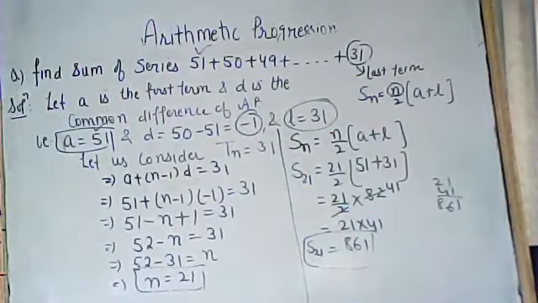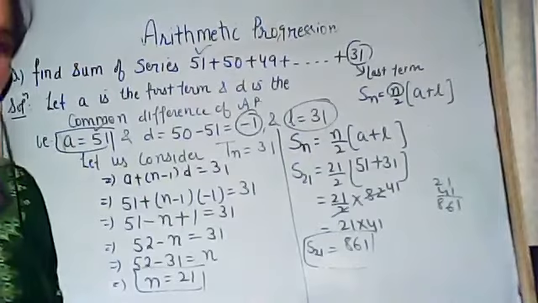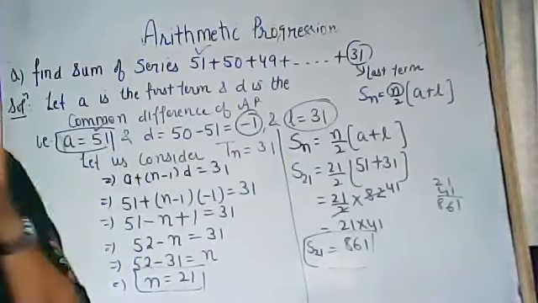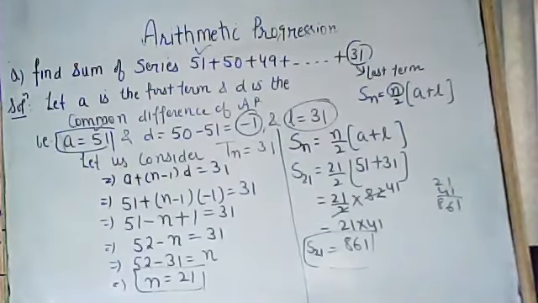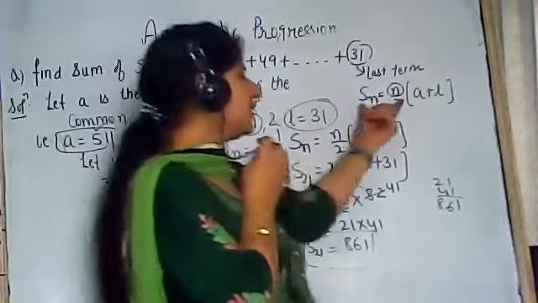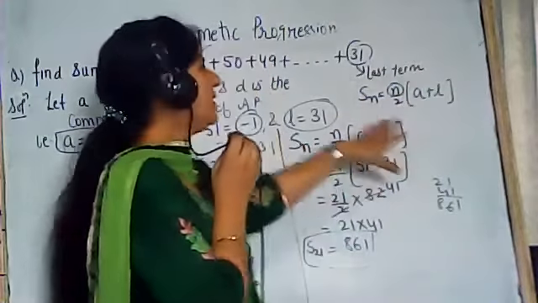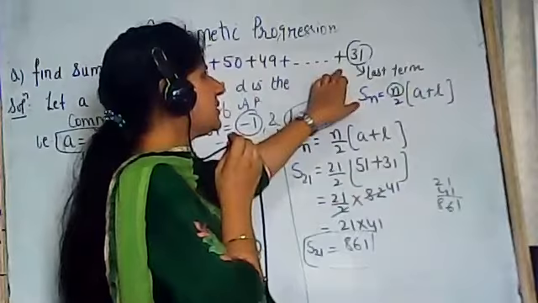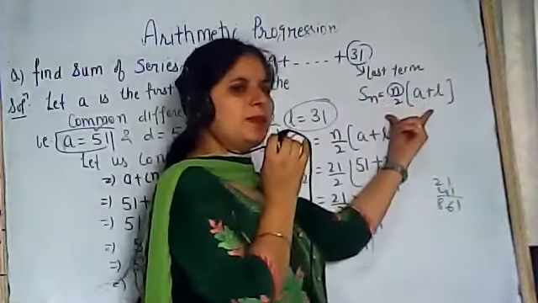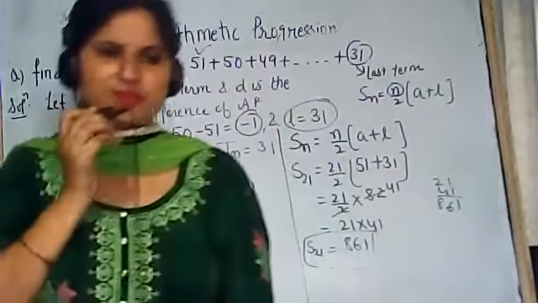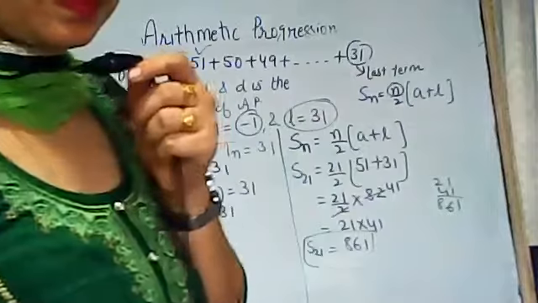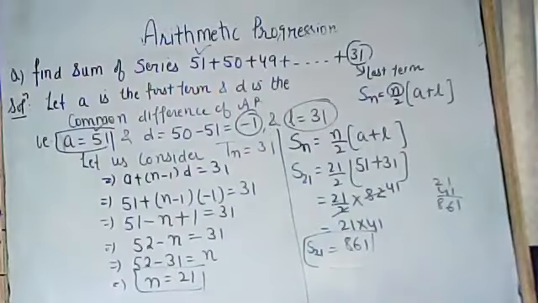So beta, these are the examples based on the first and second formula of sum of AP series. In the first formula, the last term will not be given. But in the second case, since there is variable L, which means the last term, whenever the last term in a sequence or series is given, we can directly apply this formula to calculate the sum of the given series. So students, please have a look at this example.